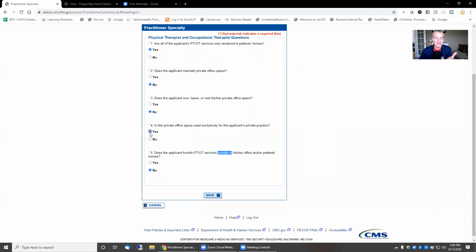If you're renting space and they're going to do a site visit, the answer is yes. They're going to do a site visit if you're a PT. Does the applicant own, lease, or whatever his space? Yes. Does the applicant maintain? Yes. Are the applicant's services only rendered in the home? No. So guys, I know this is a silly thing to review so many times, but if you have a